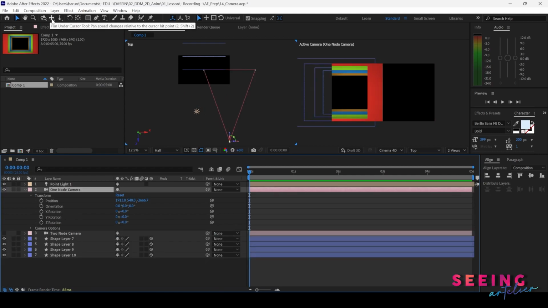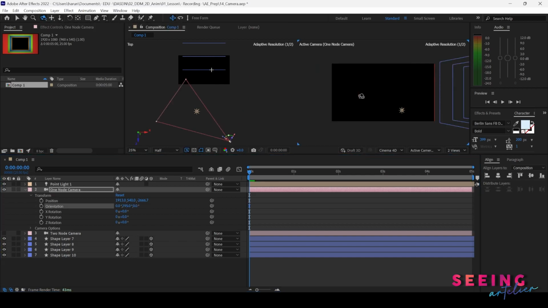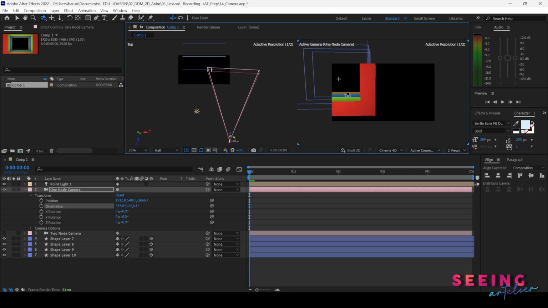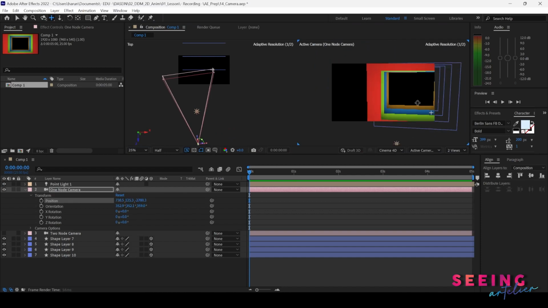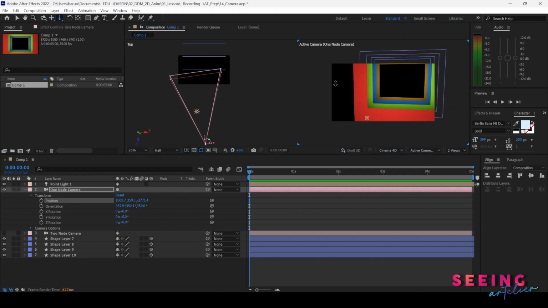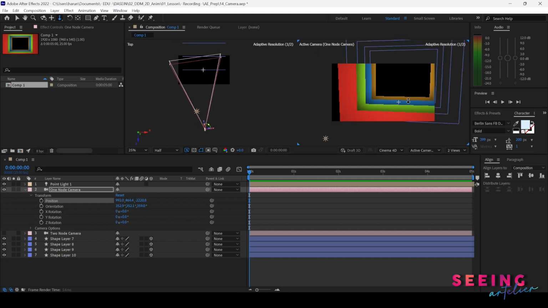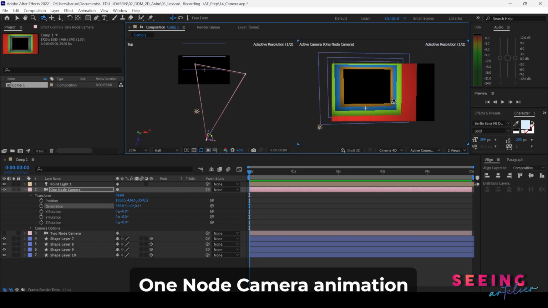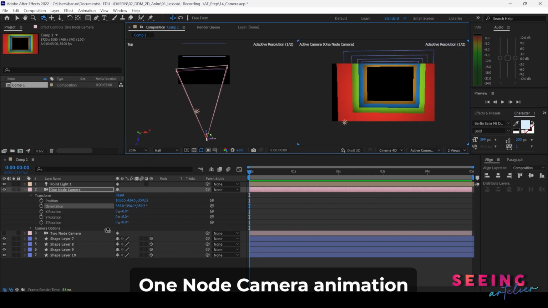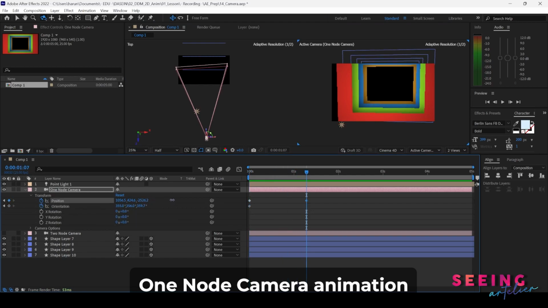There are camera tools on top of the toolbar, and this is the rotation where I can move and rotate my camera, and you see the orient is changing. And I can move my camera, or I can zoom my camera. You can always use these tools to stage your scenes, then you keyframe your position or orientation. So let's take a look here. I can keyframe like this. I click on position, I click on rotation, and I can zoom in,